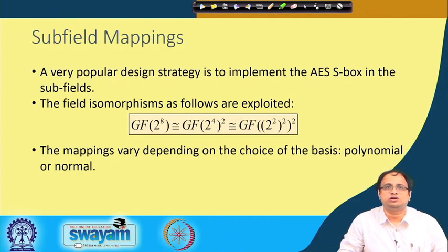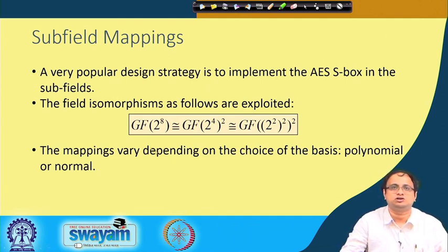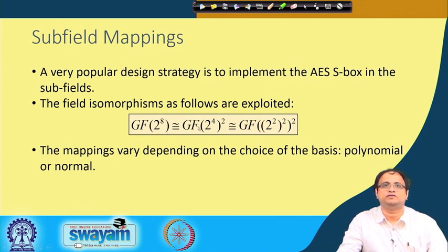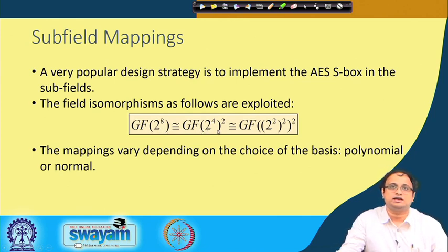So, just to recapitulate, we have already been discussing field isomorphisms in our previous classes. The spirit of this work is based on field isomorphisms. The idea is that we have the field GF2 power of 8 as originally specified in the AES specifications. We try to express it equivalently in GF2 power of 4 square, and then again that is isomorphic to GF2 power of 2 power of 2. The idea is that if you want to do an operation, say finite field inverse in GF2 power of 8, then it is very costly.